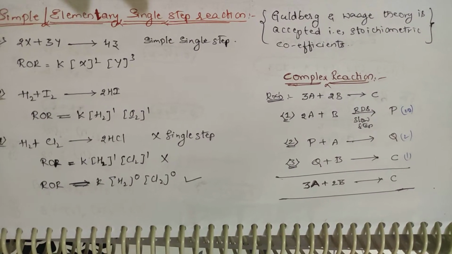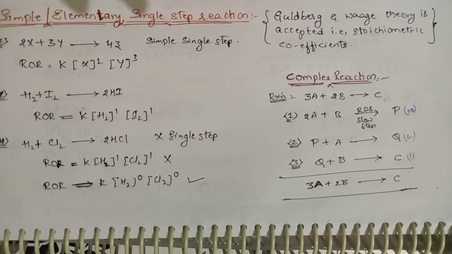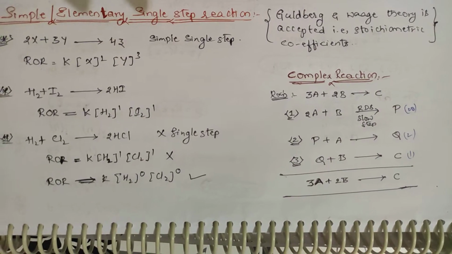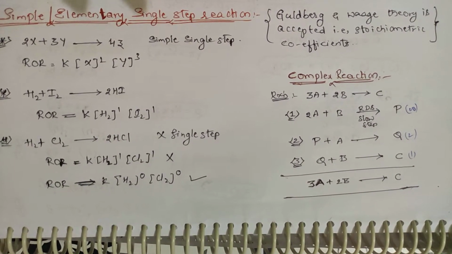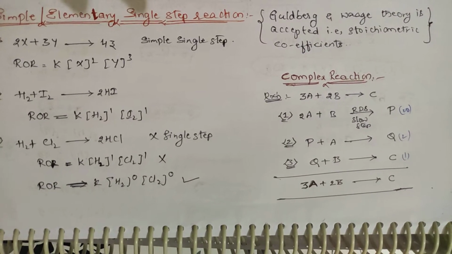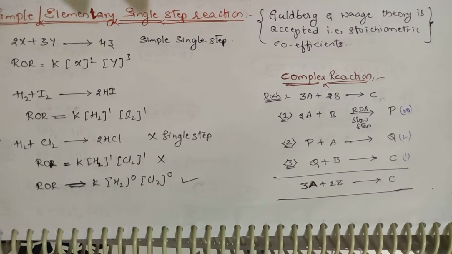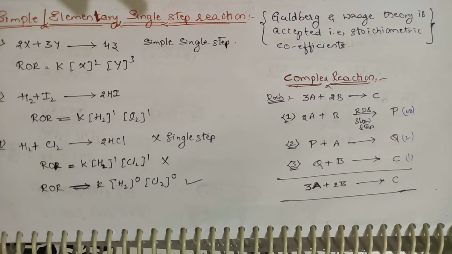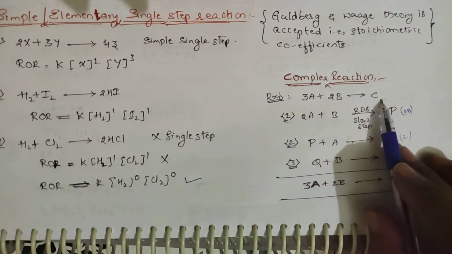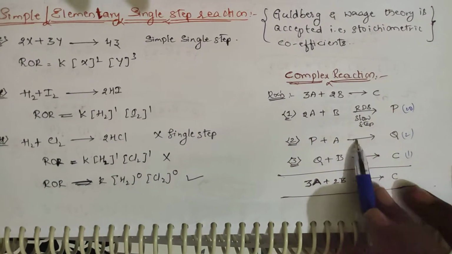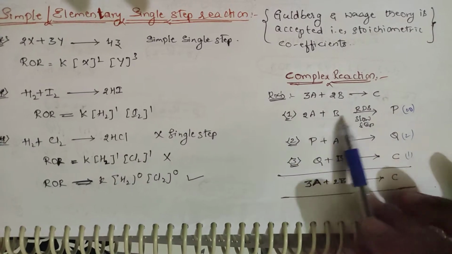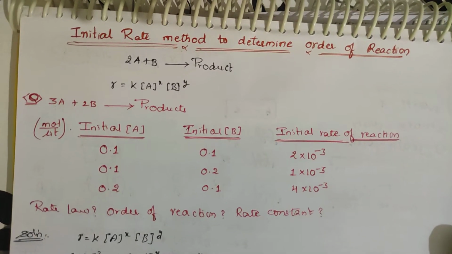That player should be compensated, right? How fast you can start the match depends on the person who is very late. You should not eliminate him; you should keep that person and make him very fast. In the same way, in the formation of the product, this step is very slow. The other two steps will be very fast, and this one is slow. How fast the reaction occurs depends upon this slowest step. Clear? Right, students? Now we are going to take some problems with respect to this.